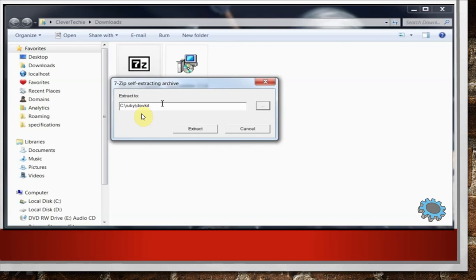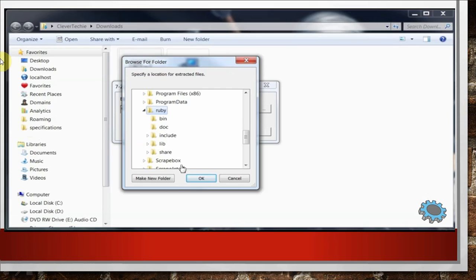Either it will display automatically, or you have to mention the development kit directory, and then you will press the extract button. This will extract the development kit to this directory. If it is not showing here, then you have to mention the development kit directory, and you will find that you have to extract it inside Ruby.